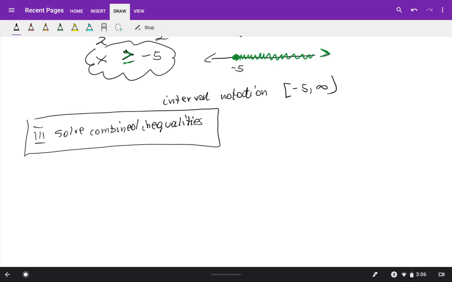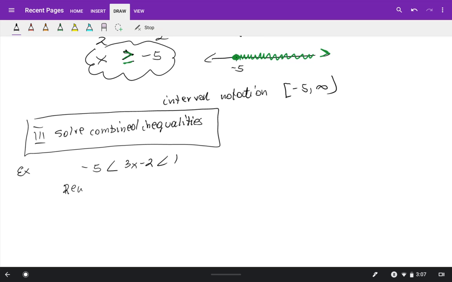So, example. Combined inequalities, it's the one when you're putting two inequalities together. So we have -5 less than 3x minus 2 less than 1. So we need to solve it and graph the solution set. So what you can do with the combined inequality,